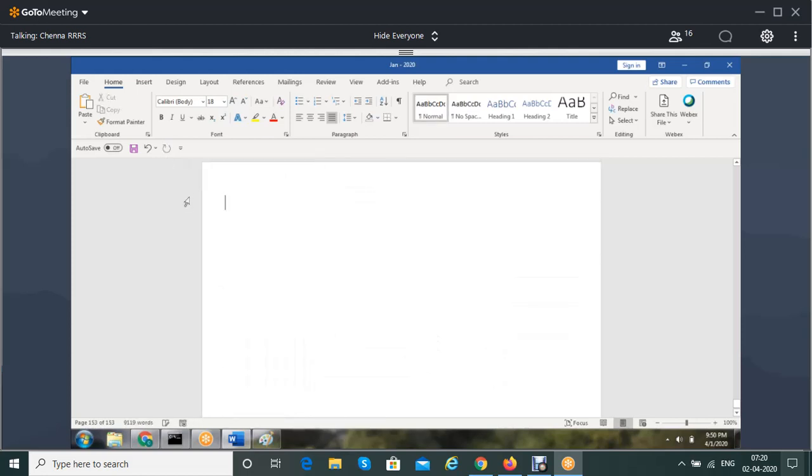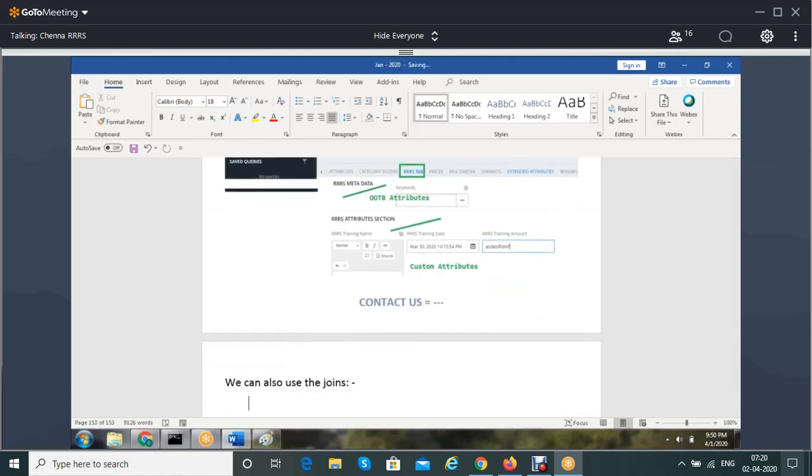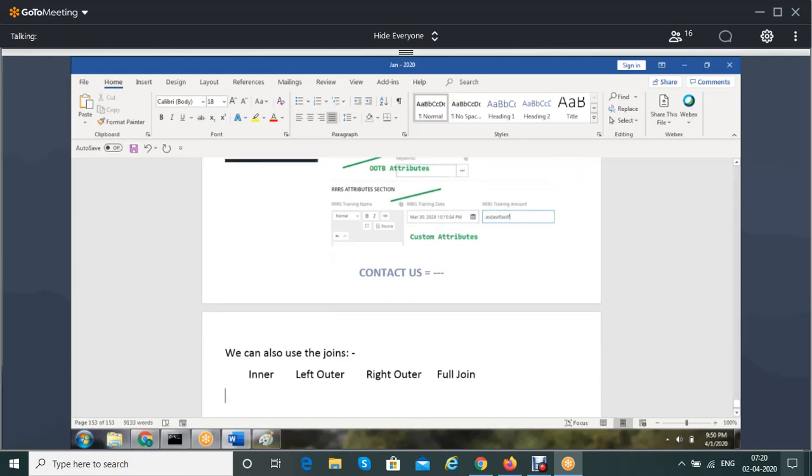Now we can also use joins. What are the different types of joins we have? Inner join, okay, excellent. Inner join, left outer join, right outer join, and full join, right?